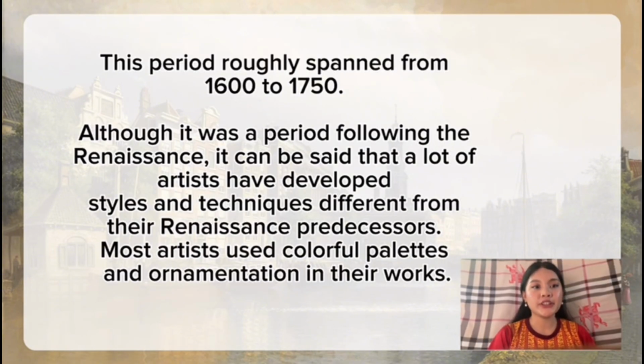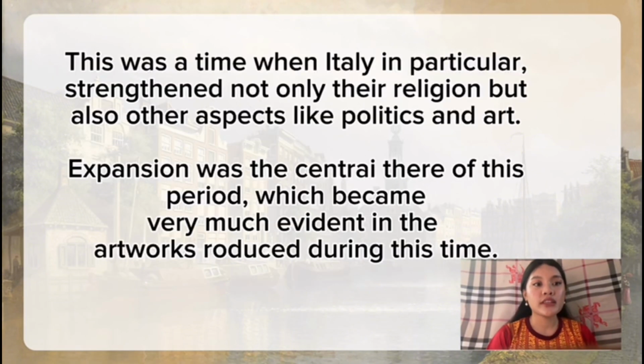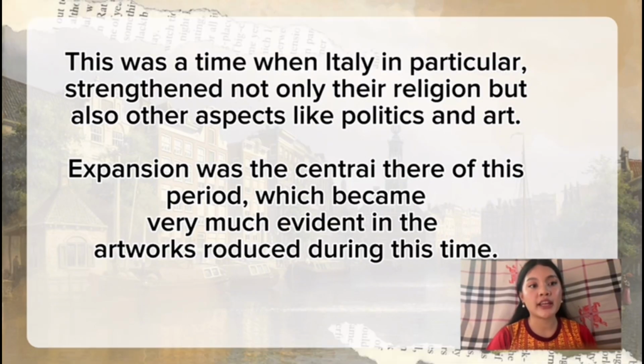So, this period roughly spanned from 1600 to 1750. Although it was a period following the Renaissance, it can be said that a lot of artists have developed styles and techniques different from the Renaissance predecessors. So most artists use colorful palettes or ornamentation in their works. So this was a time when Italy in particular was strengthening not only the religion but also the other aspects like yung politics